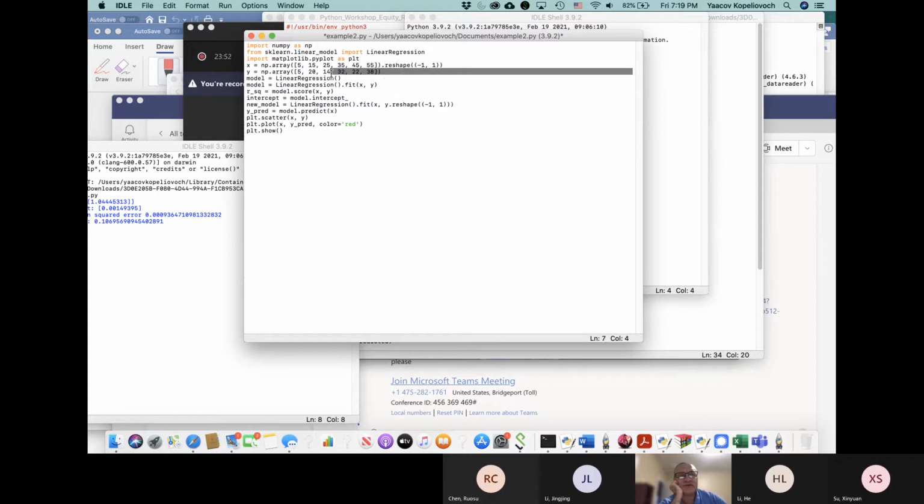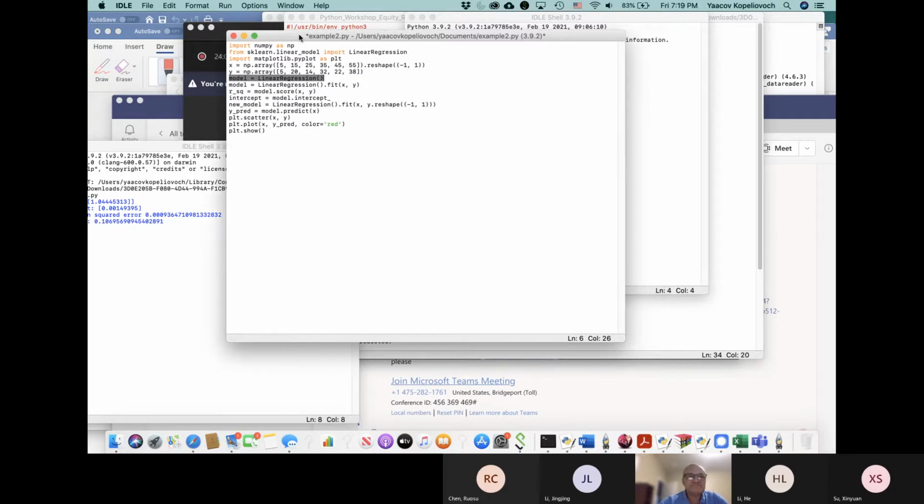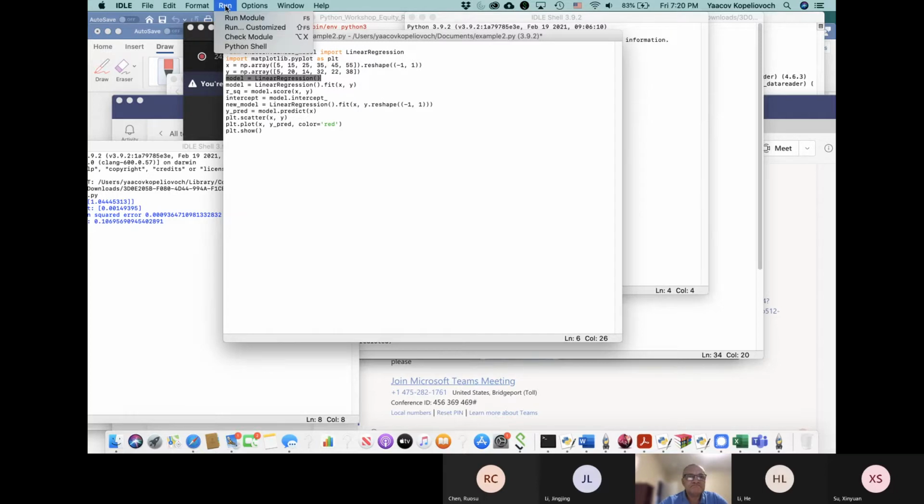And here I'm doing linear regression. I'm deploying my model, which is my linear regression model. So when I'm going to run this example,